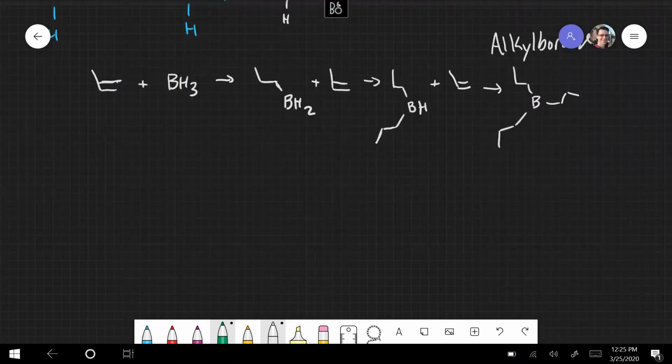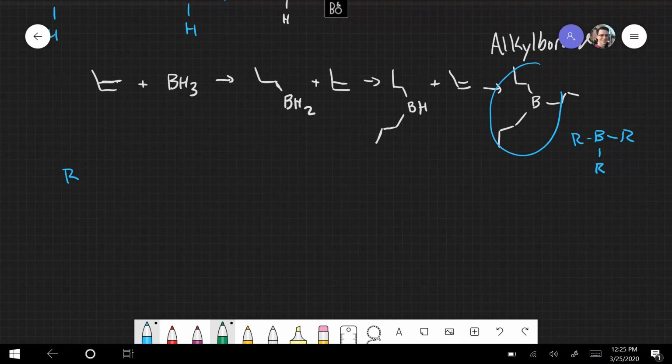We're going to skip over the mechanism for this, and I just want to focus on the final product that forms. So I'm going to rewrite this molecule for the rest of this lesson, replacing the propyl groups with R's. We got R3. So alkyl boranes can easily be oxidized using an oxidant, and a very good oxidant is peroxide, hydrogen